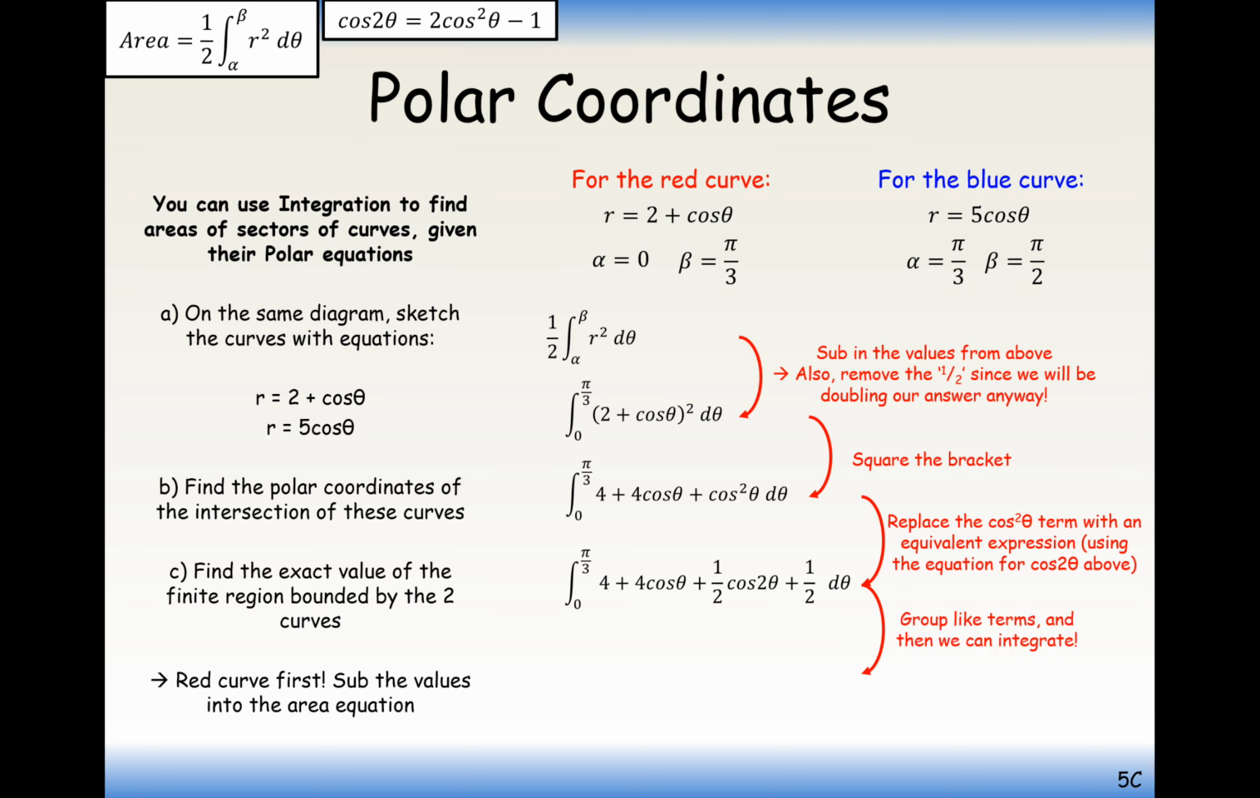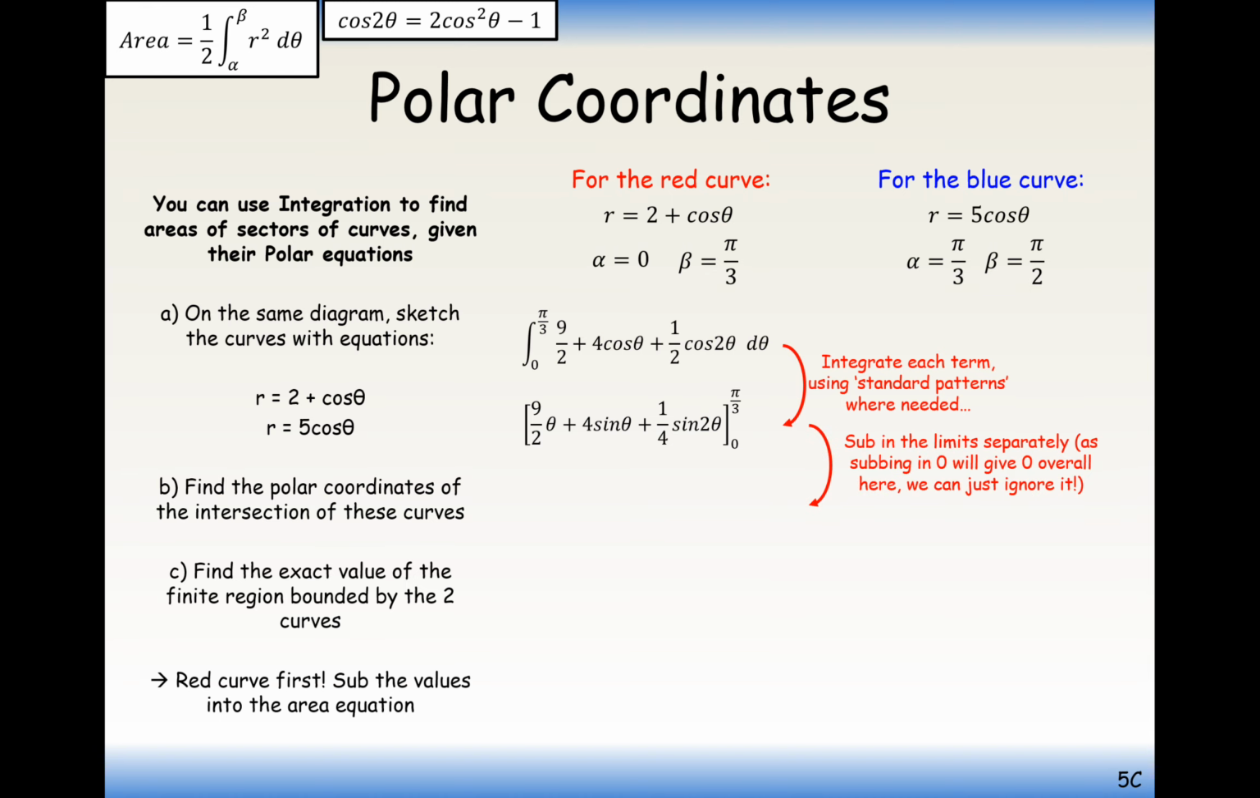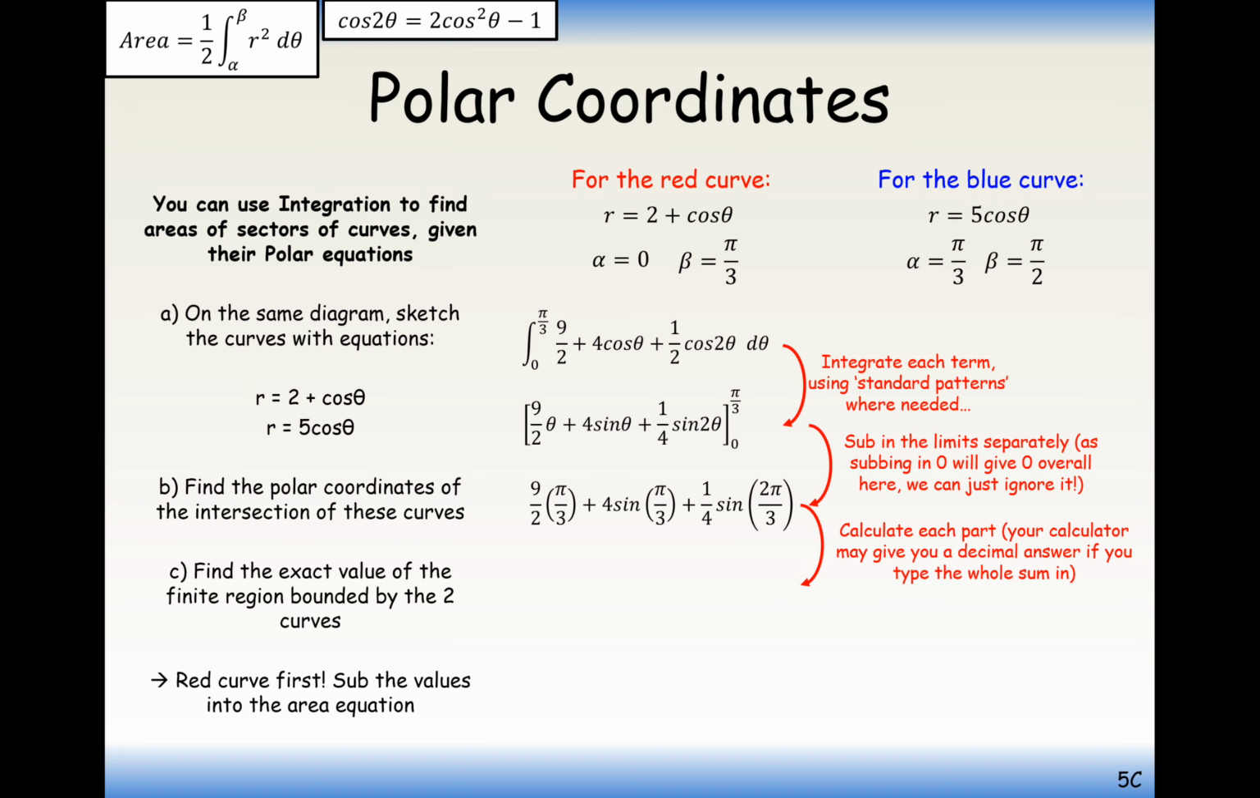Group some bits together before we integrate. And now we'll do the integration. So it's going to be 9 over 2 integrated to 9 over 2 theta. 4 cos will integrate to 4 sine, and then a half cos 2 theta. You divide the 2 to the front, so it's a quarter sine 2 theta. Then we substitute in the boundaries of pi by 3 to 0, and once we calculate that, substituting in 0